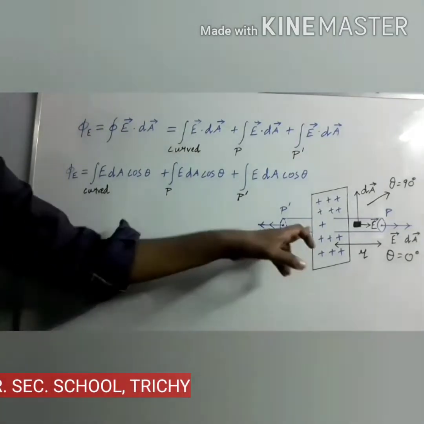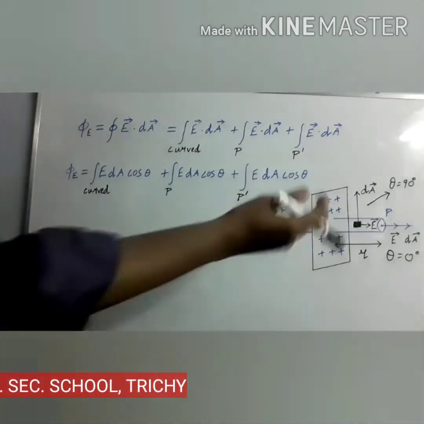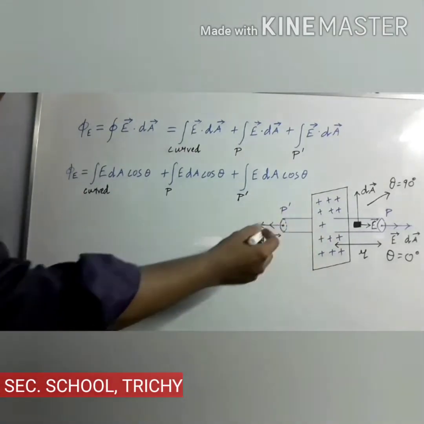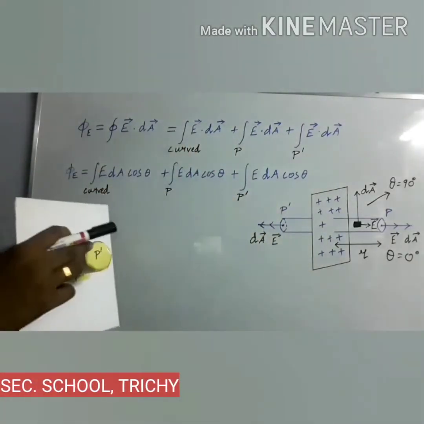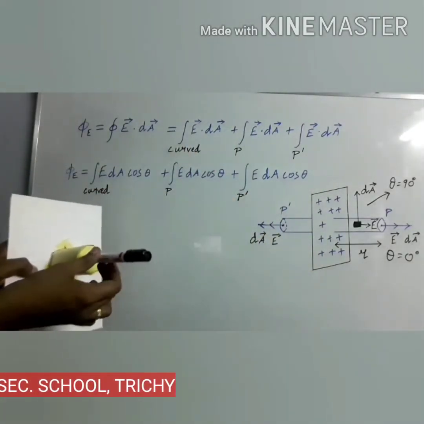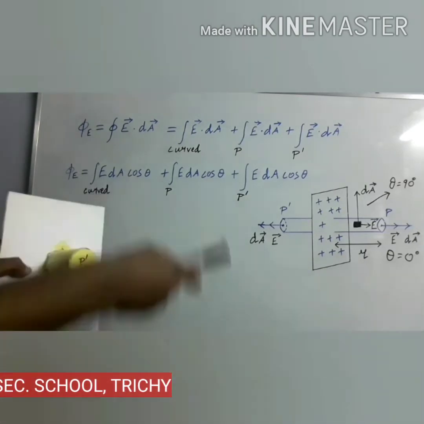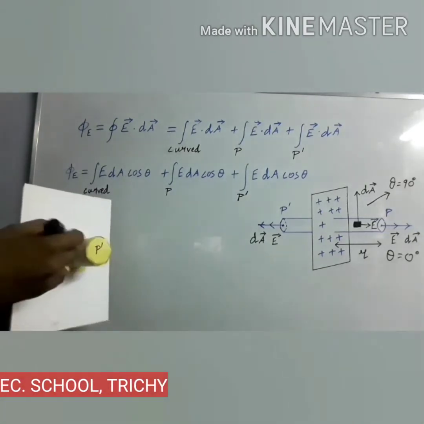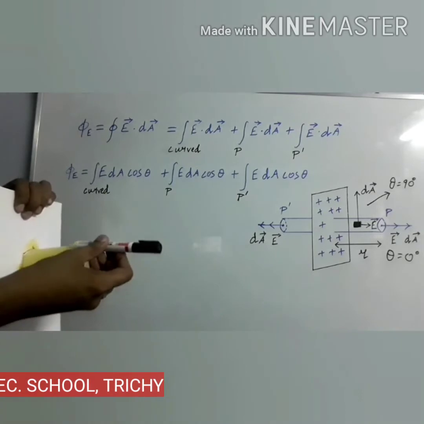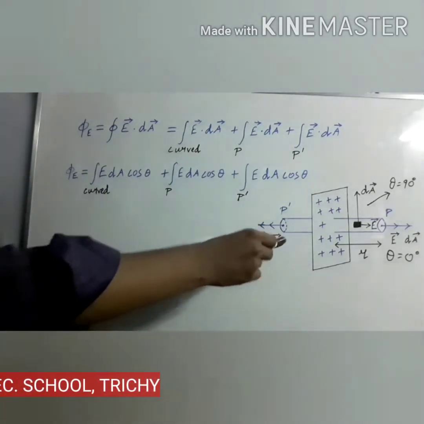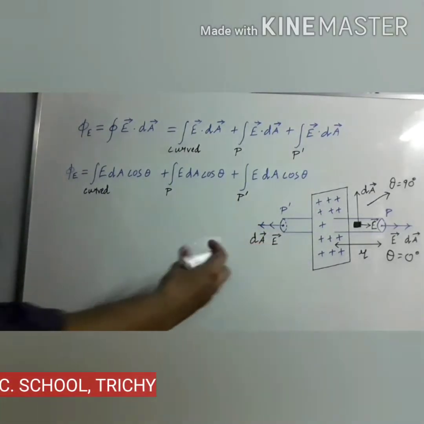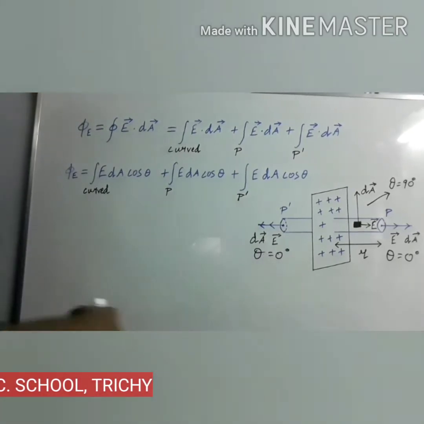Likewise, it can be applied here also. What is the direction of the electric field line? It will be in a different direction, but anyhow it is horizontal. For the other surface, P dash, we have to take the normal. There also the normal will act along this direction, perpendicular to the sheet, acting horizontally. Here also the electric field line comes outside horizontally. So what is the angle between the electric field and the normal? Theta is equal to 0.